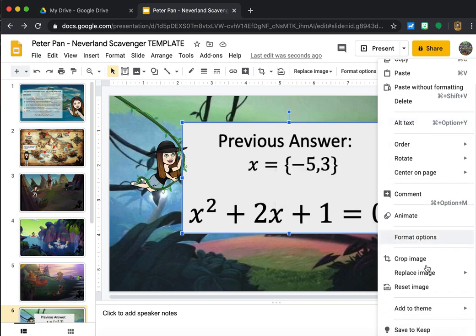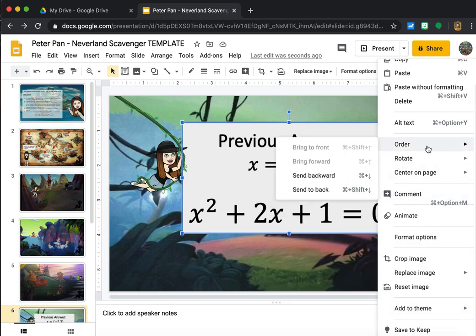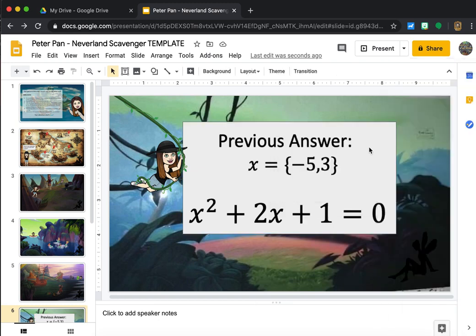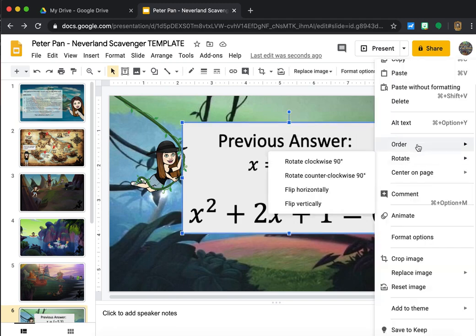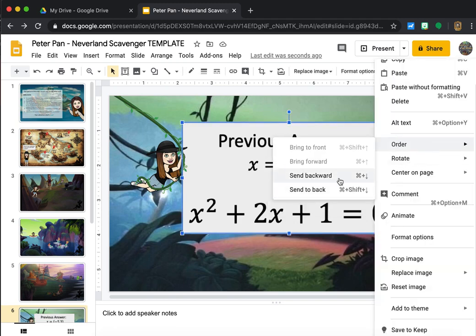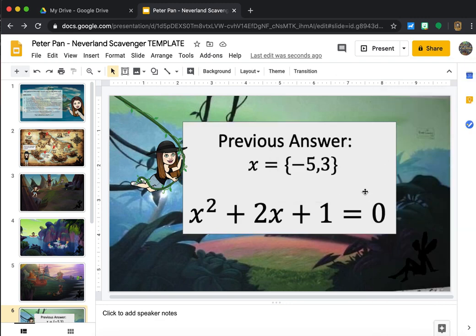I thought it was called position. Replace, format, order. There it is. So you can right click and then you can change the order. So you would send backward, send backward, send backward until your white square is behind. Okay. So now that your white square is behind your answer, see how it's obviously a lot easier to see,